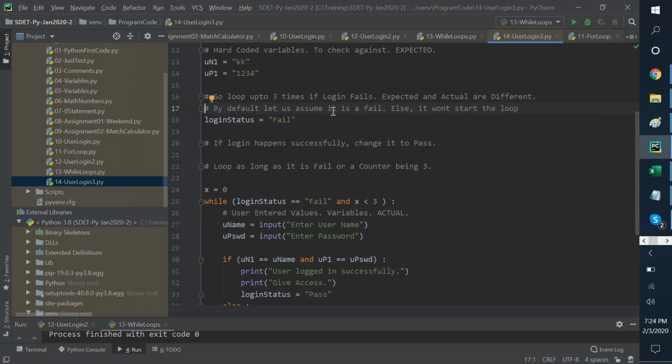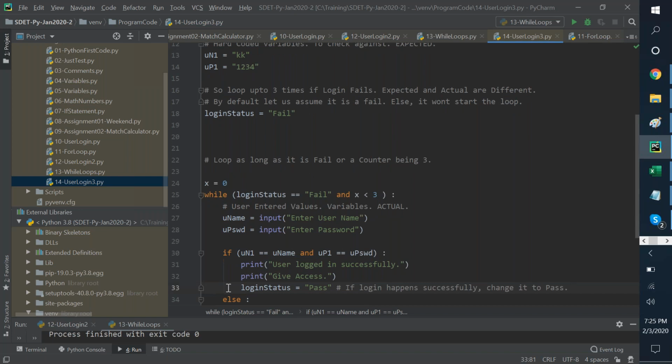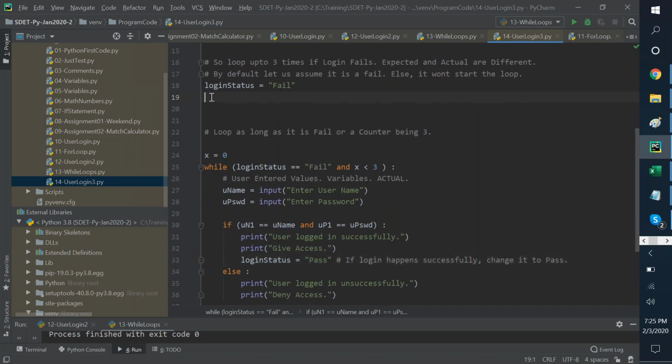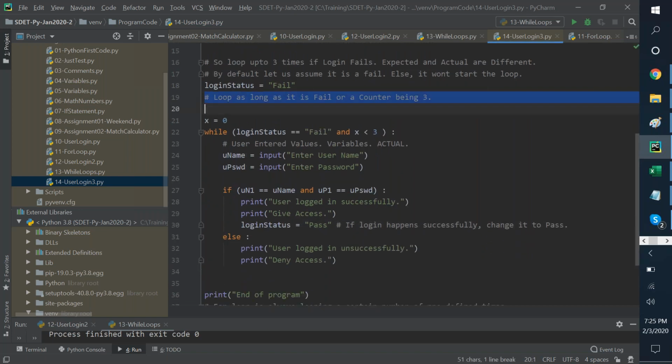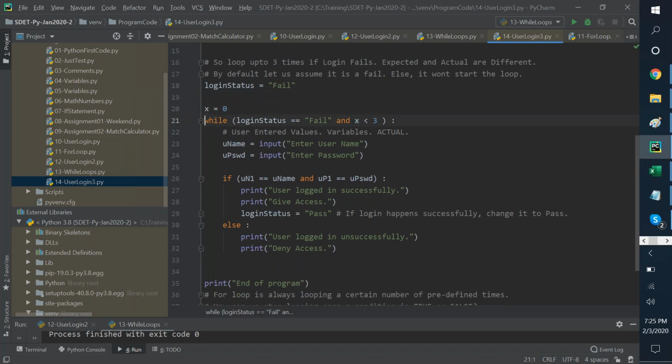Else, so here by default, let us assume it's a fail. Else it won't start the loop. That's the problem. Login status is failed, that is SDET. And it said if login happens successfully, change it to pass. So this goes as a comment here. All right, so this is set to pass. Now see how we're doing it. Loop as long as it fails, and that we're doing here.